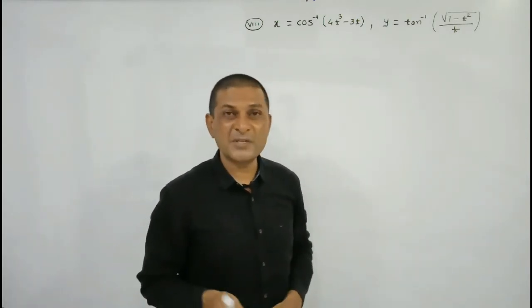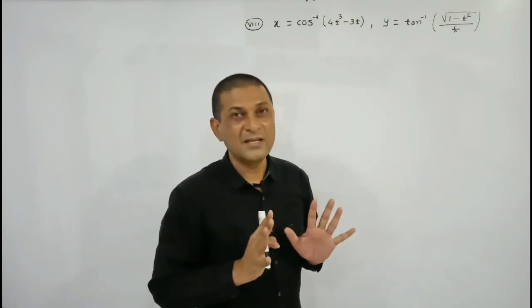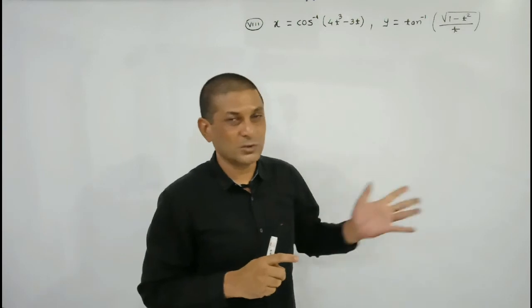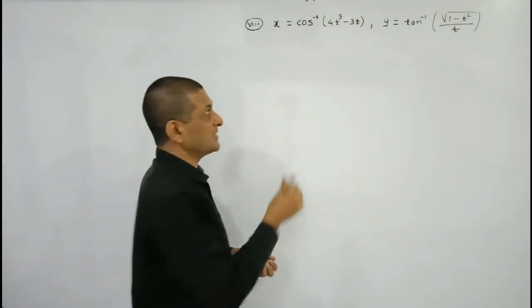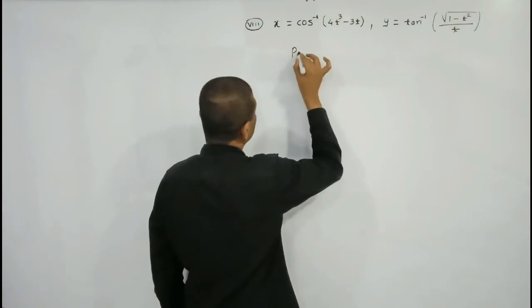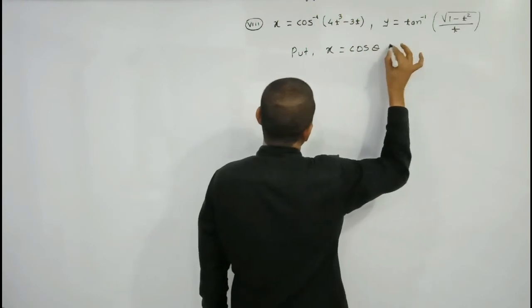So if the substitution comes out the same in both places, our example becomes even easier. That's why in both x and y we are substituting x is equal to cos theta. Getting it? So put x is equal to cos theta in both